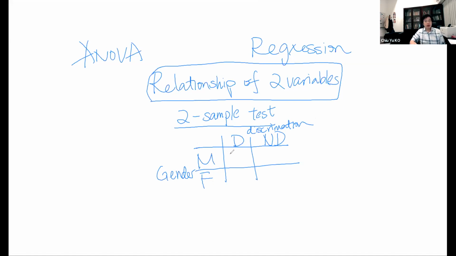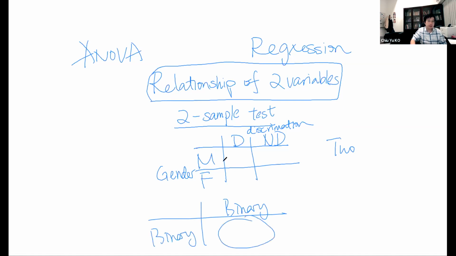So there are two variables that are either 1 or 0, one way or the other. It's like two binary variables. Okay, so now we no longer talk about two binary. There's a binary here and binary there. Then we know how to test whether the discrimination would differ by gender,